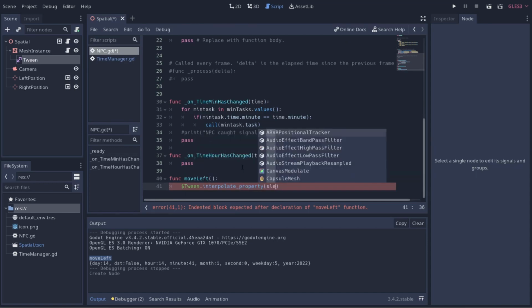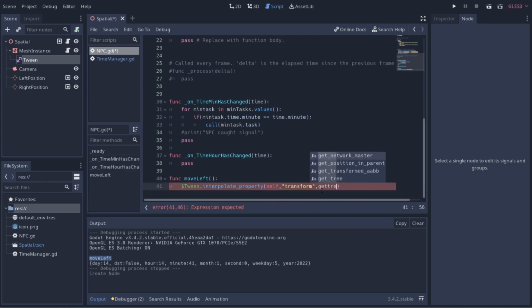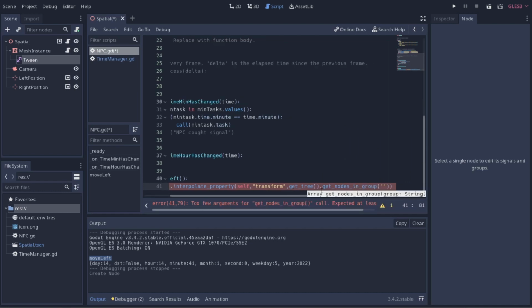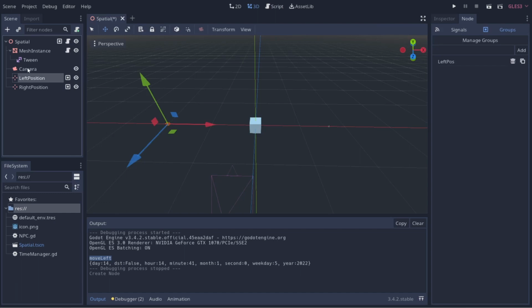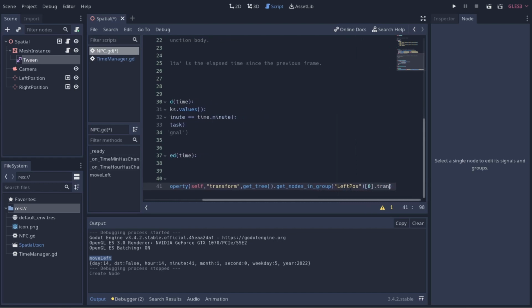And we'll say self, comma, quote, transform, comma, get tree dot get nodes in group. And we will say left pose. I believe we're going to the left, right? So left pose. And we'll get back the first instance of that, dot transform,